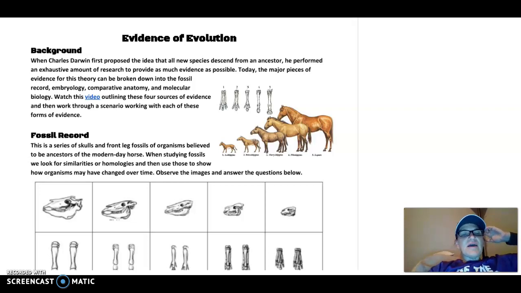Before we do that, I ask that you go ahead and click on that video link button. It will run you through a background of all four of those. It's 5 minutes, so go ahead and watch that video and then come on back and we'll take a look